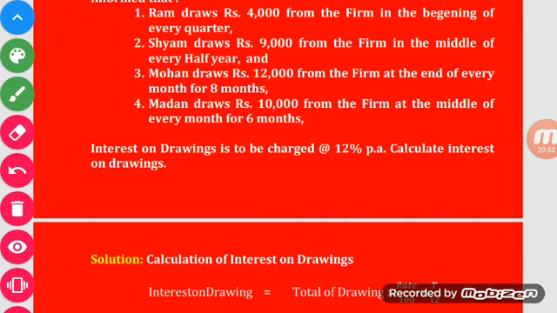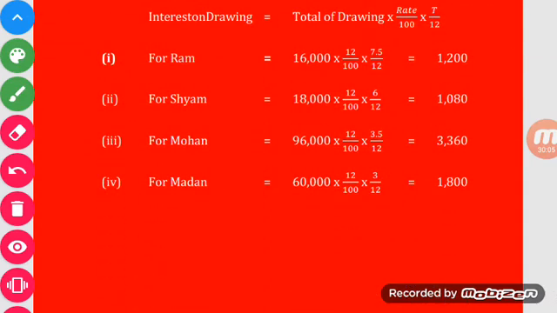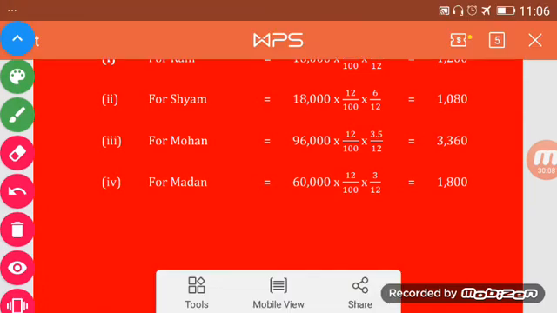Madan draws rupees 10,000 middle of every month. He is drawing for only 6 months. So 10,000 multiplied by 6, your 60,000 will be total drawing. 12 upon 100 rate of interest given in the question, and average time period 3. Average time period is 3 months for 6 months, because 6 months is for 12 months and 3 months for 6 months. 3 upon 12, your answer will be